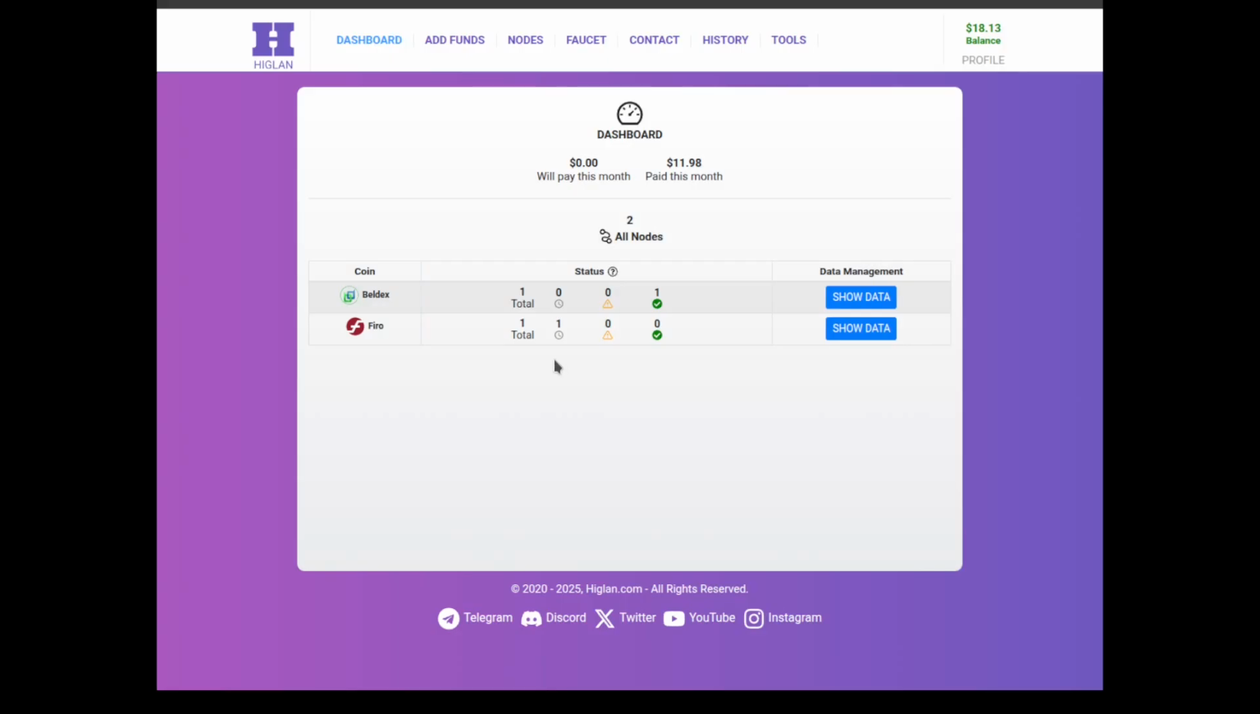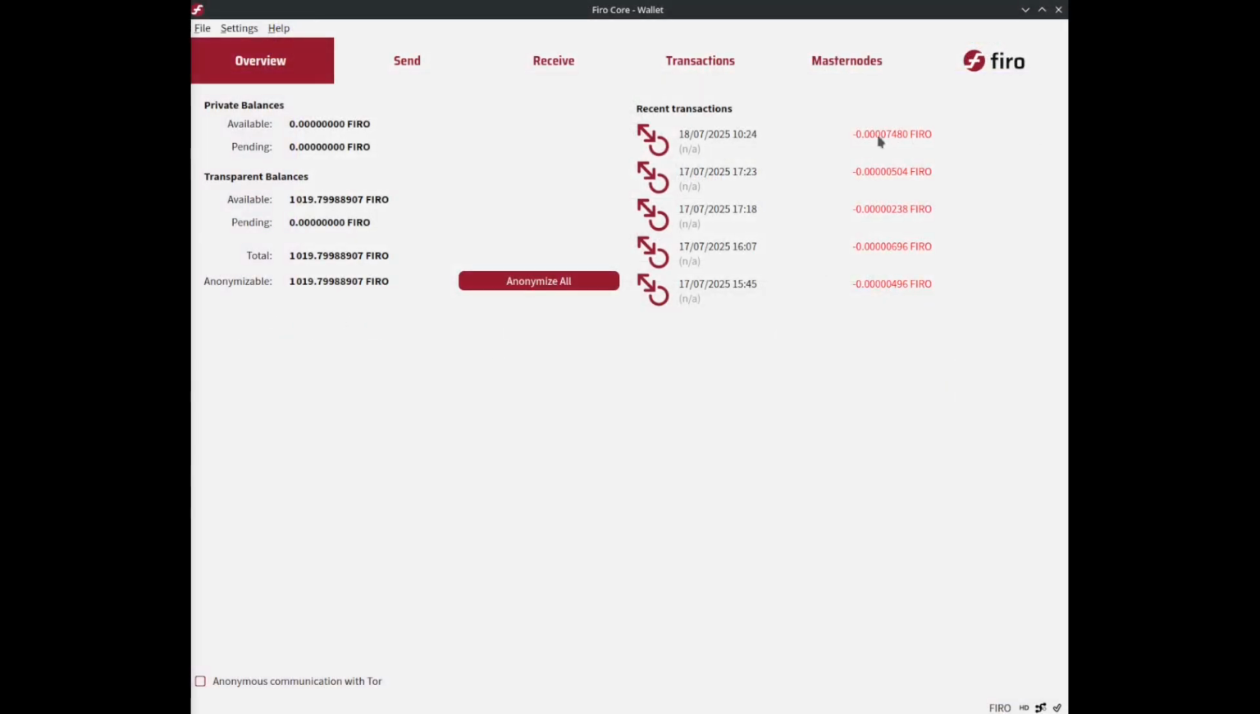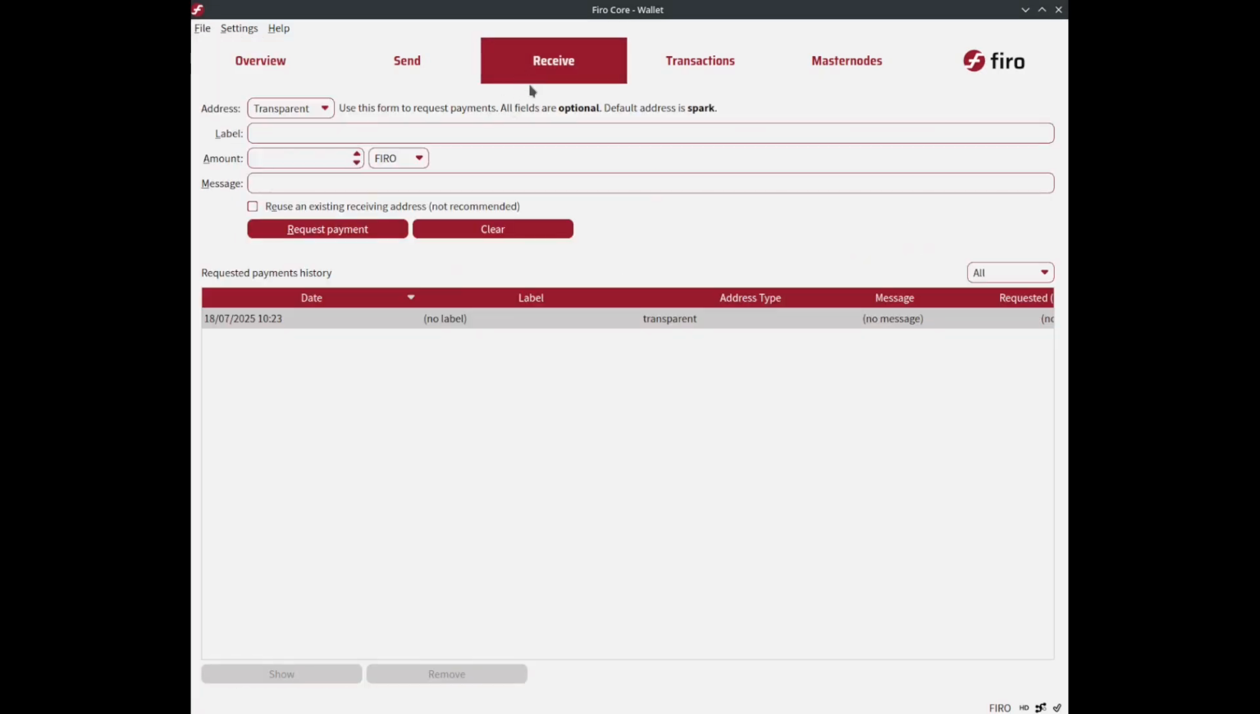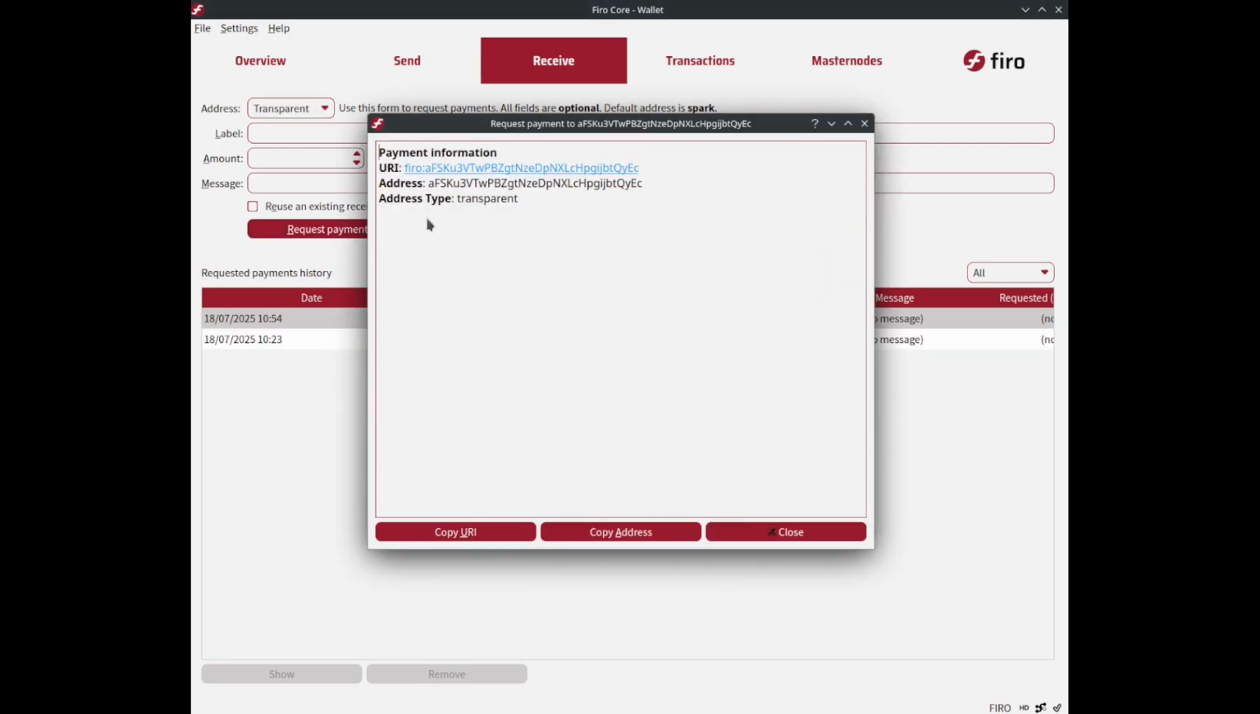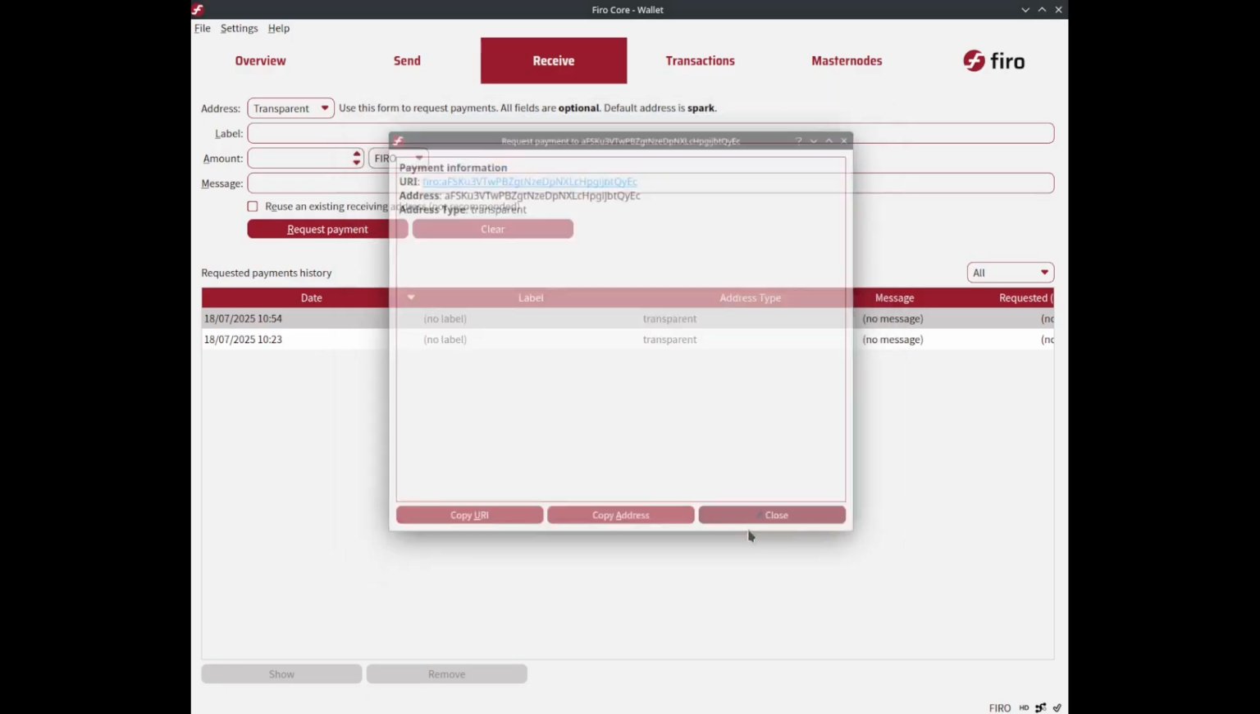The first data you have to create is the Firo node's collateral, which will require 1000 Firo. To create your collateral, you have to go to the Receive page and make sure you create a new transparent address. This is the address we're going to use to create our collateral. So copy the address, go to the Send tab,